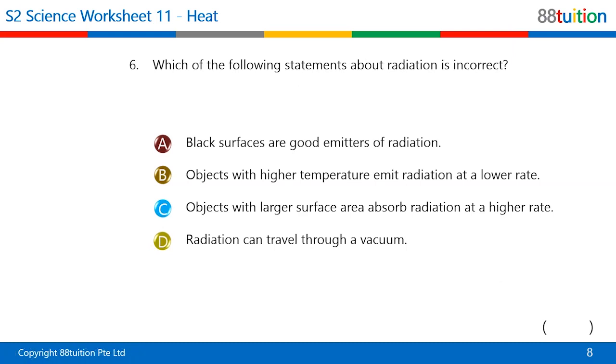Okay, question 6. We have people making the error here. Which of the following statements about radiation is incorrect? Now we're talking about incorrect. Black surfaces are good emitters of radiation. Objects with higher temperature emit radiation at a lower rate. So read all these carefully first. Objects with larger surface area absorb radiation at a higher rate. Then radiation travels through vacuum. Which of these